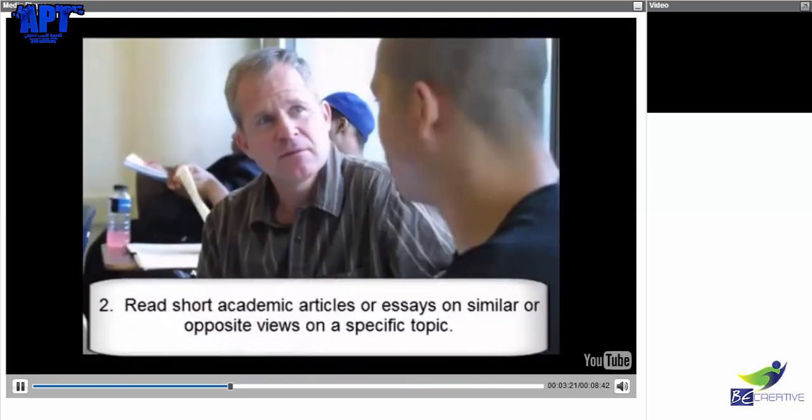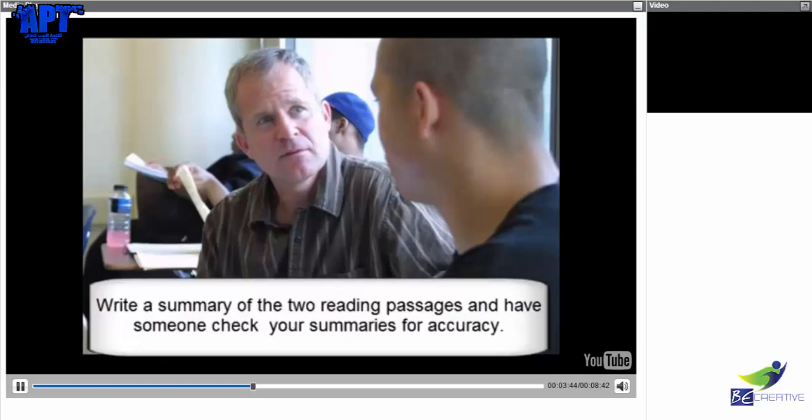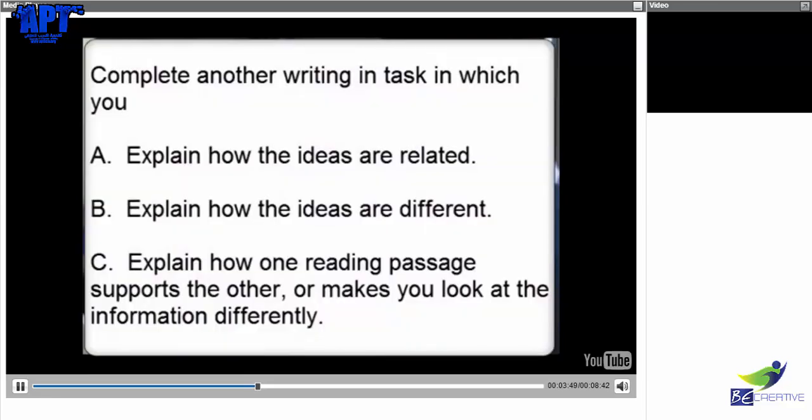Now, the second tip. You can read 2 short articles or essays. Maybe these articles have a similar or opposite view on a similar topic or issue. Outline each of the articles and compare the main points. You can write a summary of each text, and maybe you can have someone look over your outline to make sure it's accurate. Now, do another writing task in which you explain the ways that these points are related, the